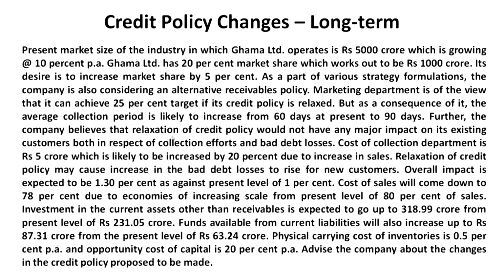The level of current assets before relaxing the policy was 231.05 crores. Out of that 63.24 was coming from the current liabilities, that is from the spontaneous finance. So 231.05 minus 63.24 was the net investment requirement,